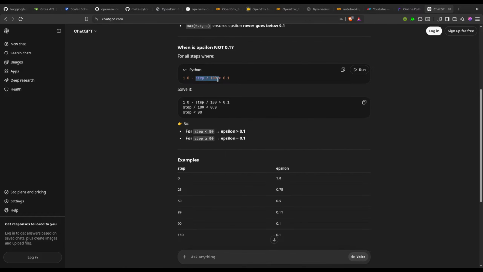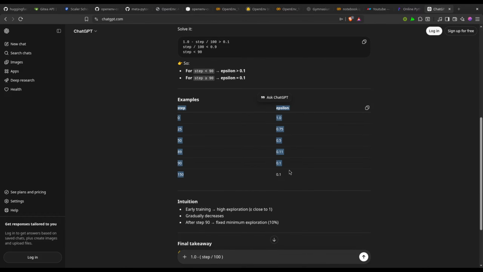Okay, these things are together. This should have put a bracket in here, so it is like this. I know we are using board math in here, but still, this should be more clear, or it can be a bit confusing at first. So after 150 steps, this will no longer matter. After 90 steps, I think this will automatically become 0.1.